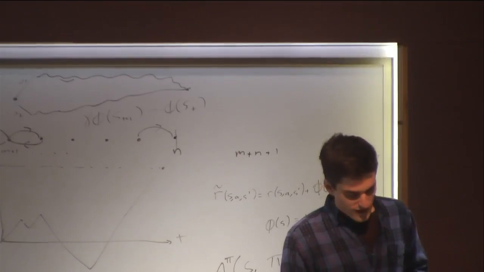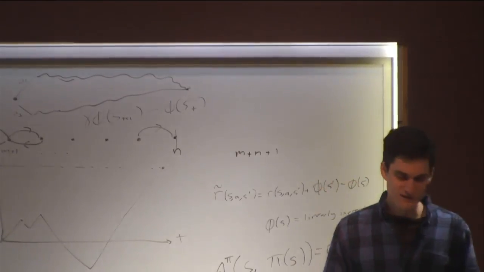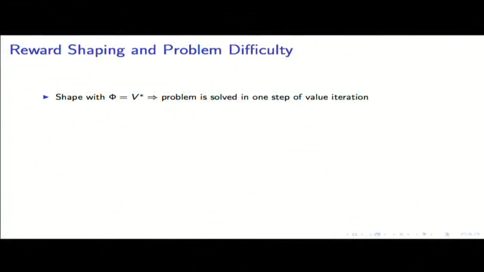And there are a couple of nice corollaries. One thing that's pointed out in the paper is that if you use the optimal state value function as your shaping potential, then value iteration solves the problem in one iteration. It comes up with the optimal. Well, it's already, value iteration is done. It already, well, if you start with,